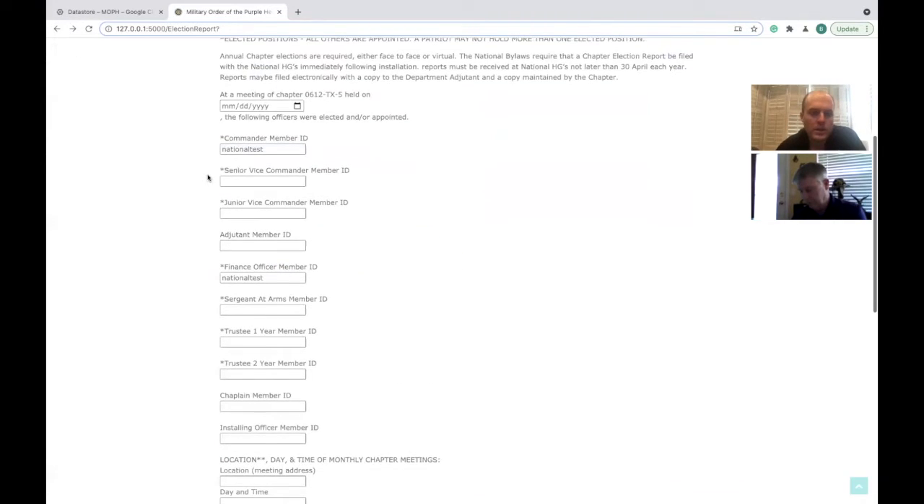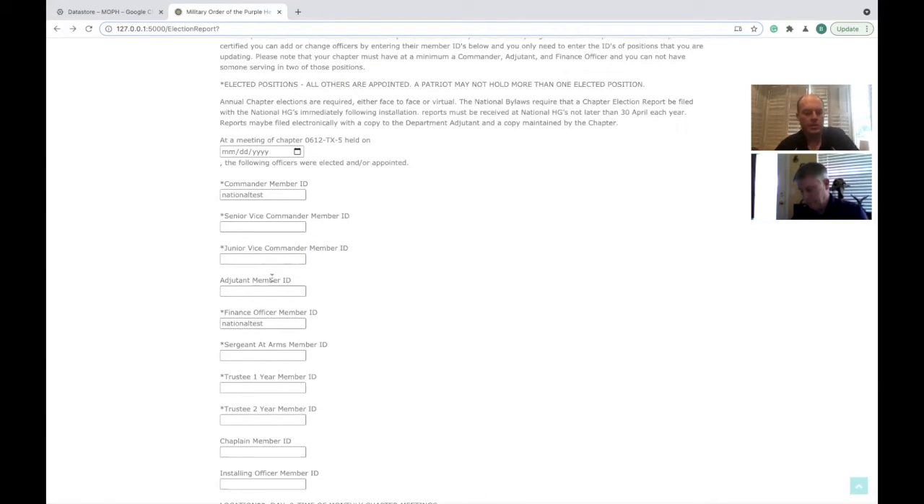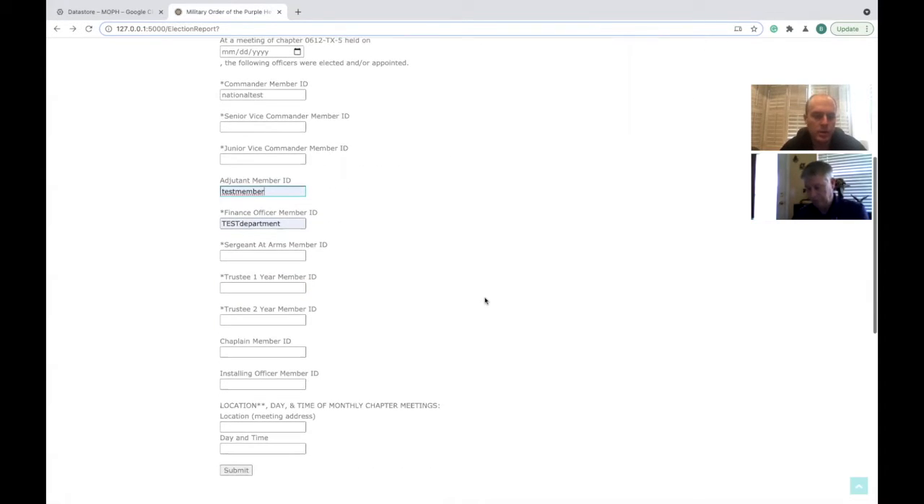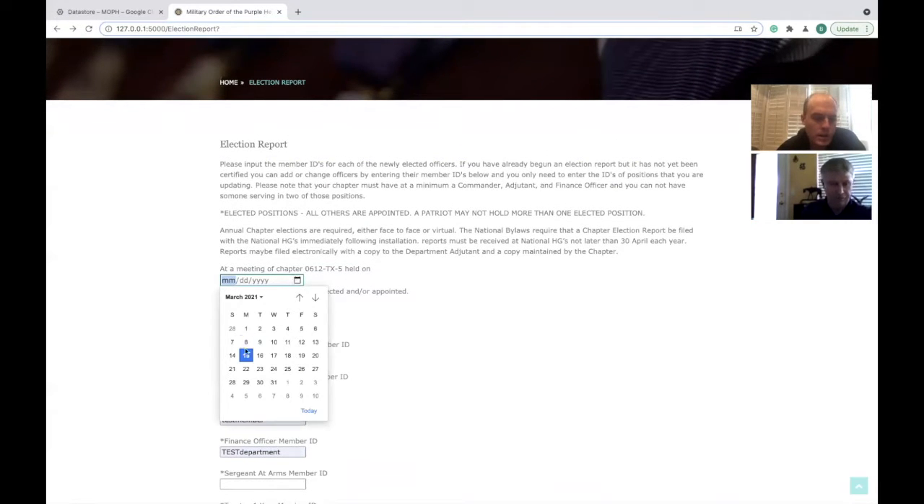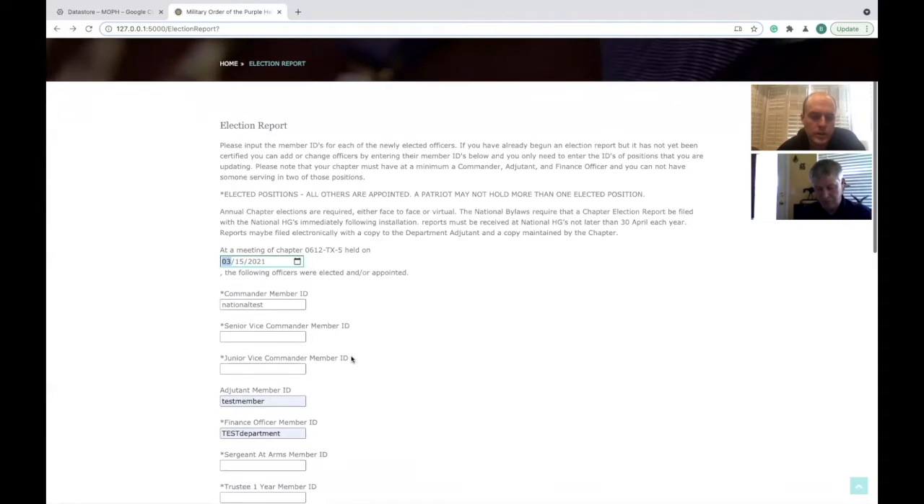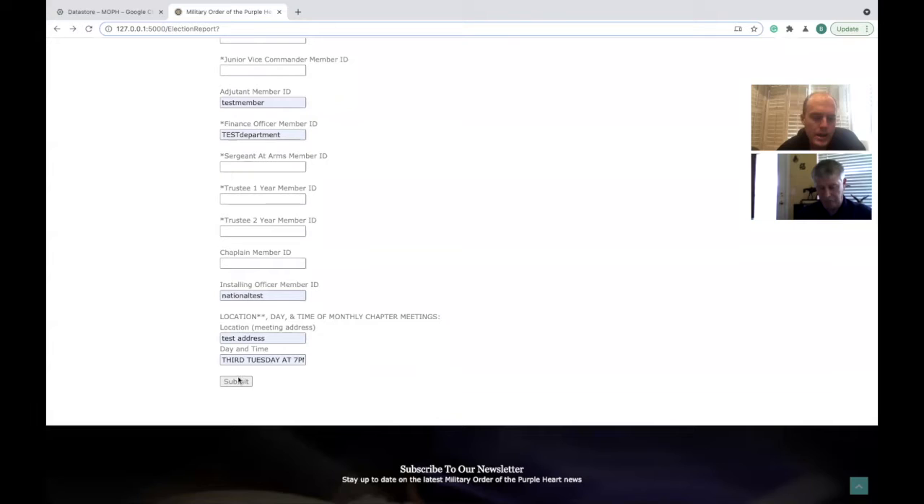So I'm going to click the back button, and now I'm going to list the finance officer as a different member, and I'm going to list the adjutant as a different member. I'm going to list the installing officer as the commander. I'm going to list the address of the meeting and the date and time. And also, we're going to say that the meeting took place today. So now, when I submit that,